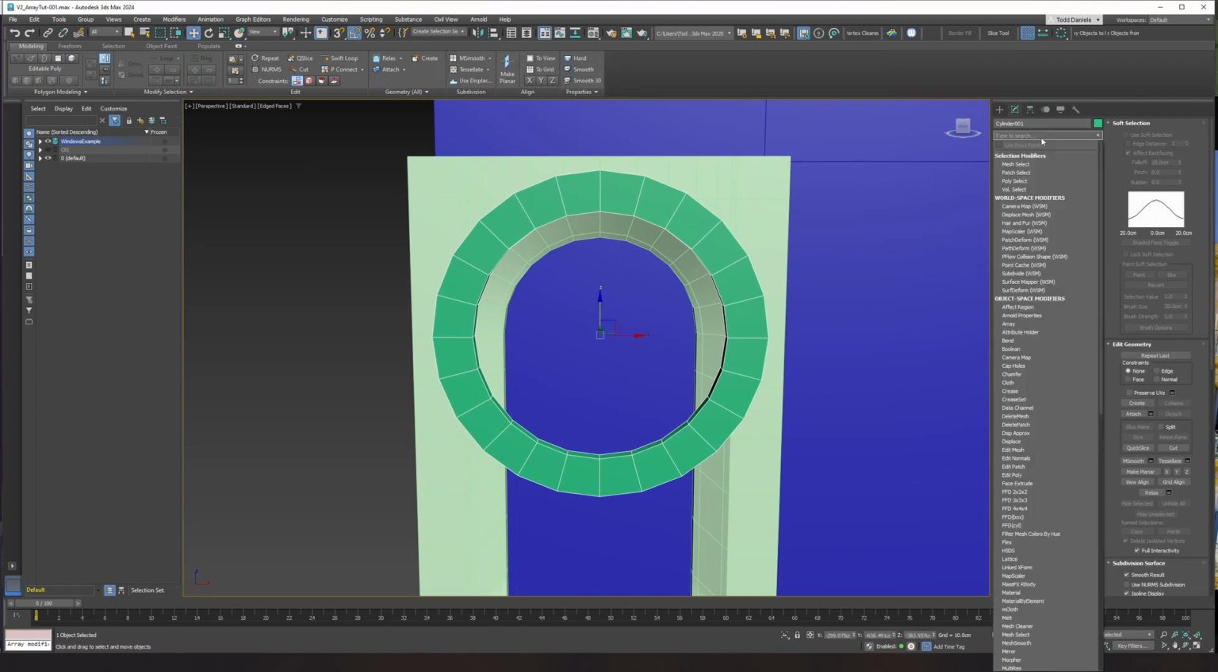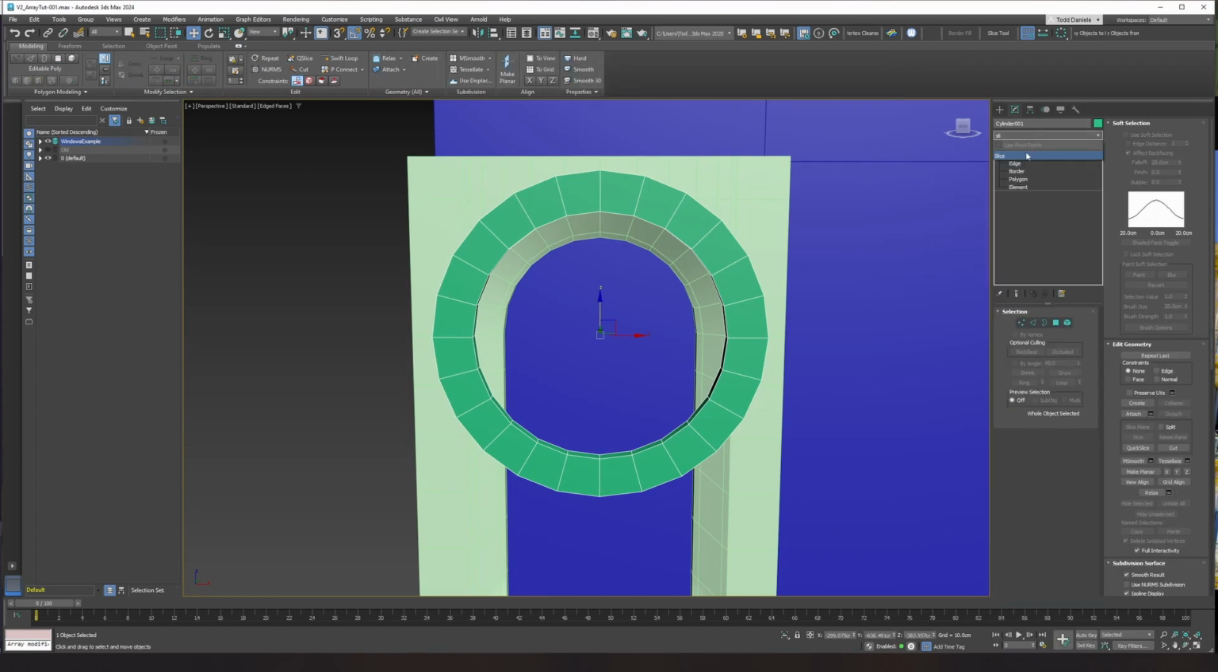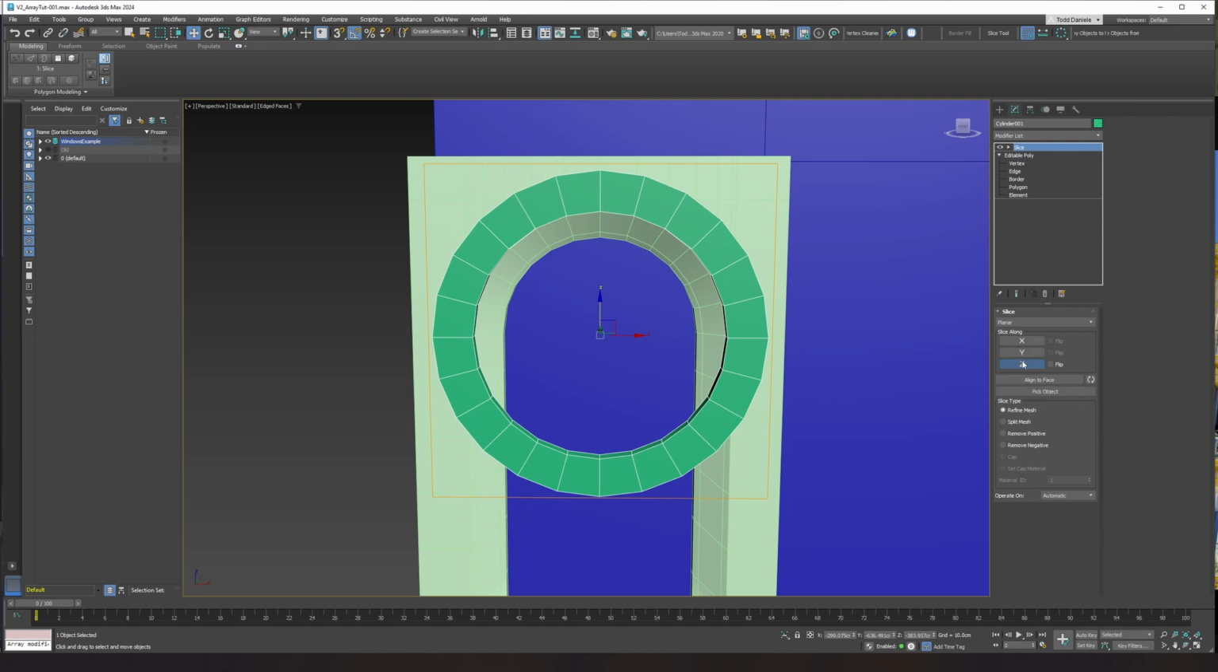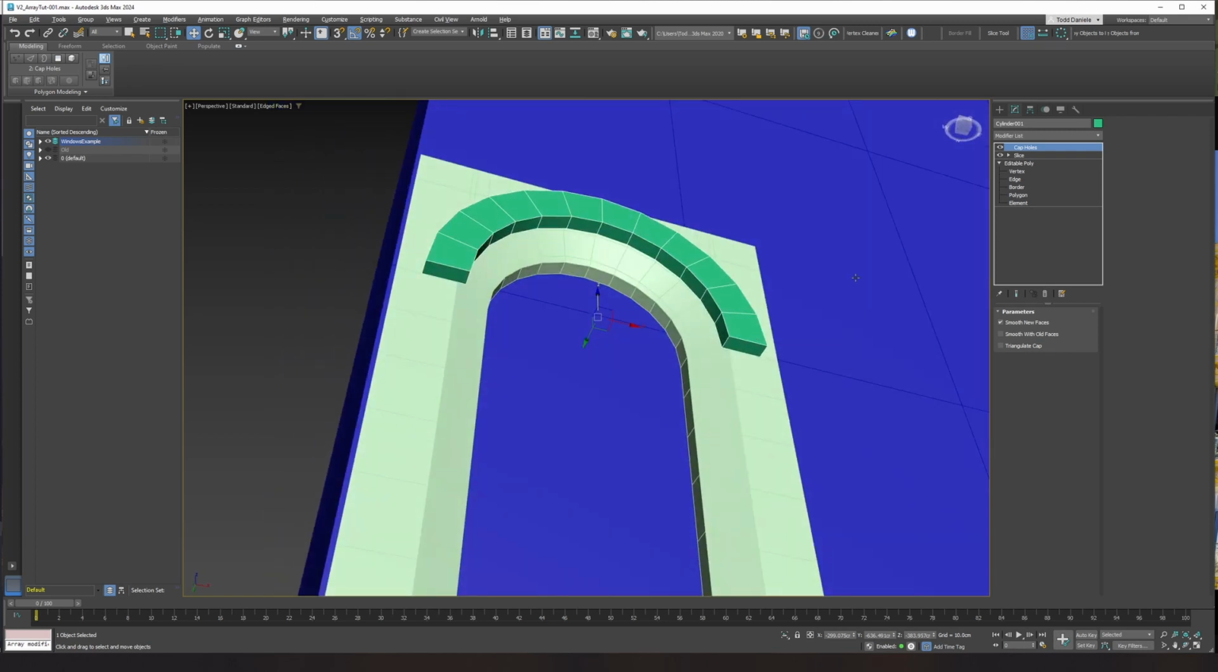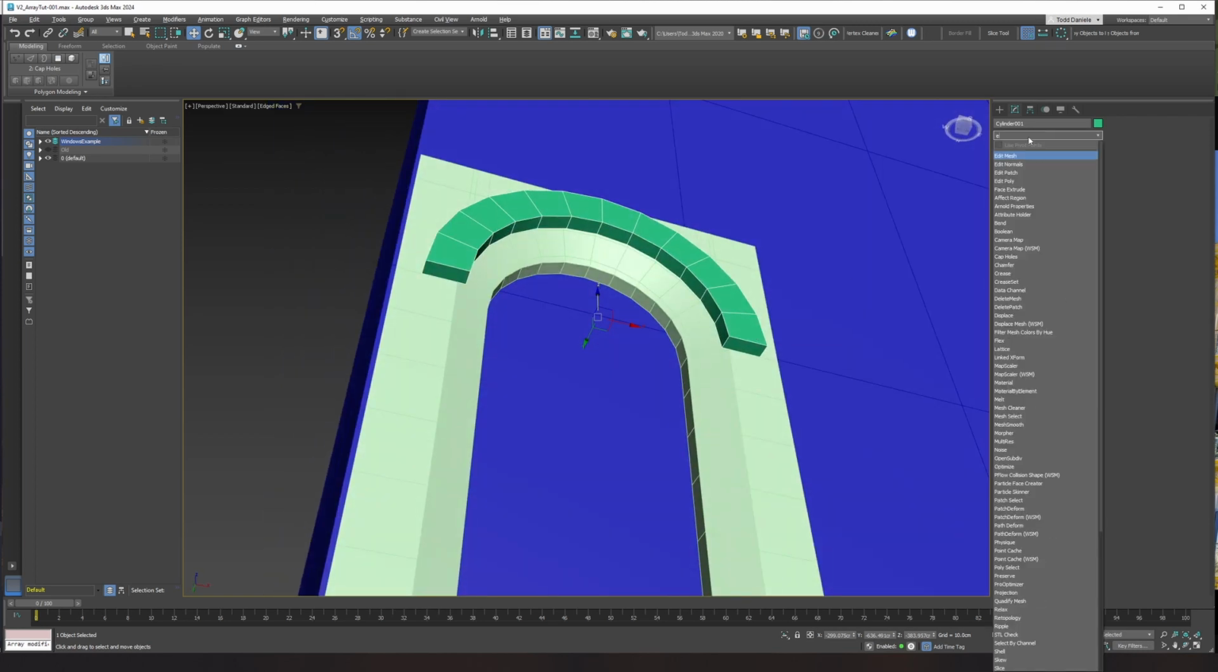And the next thing I'm going to do is add a slice modifier, and we want it not on the Z, we want it on Y, and I'm going to say remove the negative, and that's perfect. And last thing I'm going to do is add a cap holes modifier, and just have that cap the bottom holes there. So that's good. I'm going to put an edit poly above,